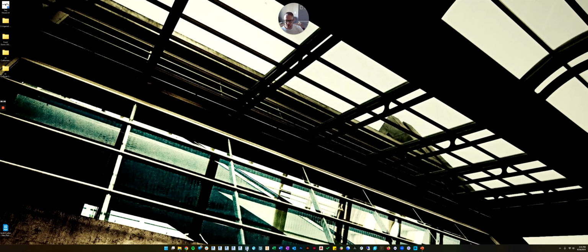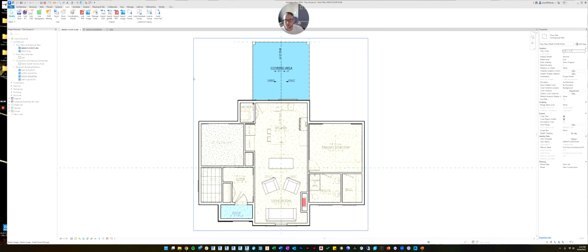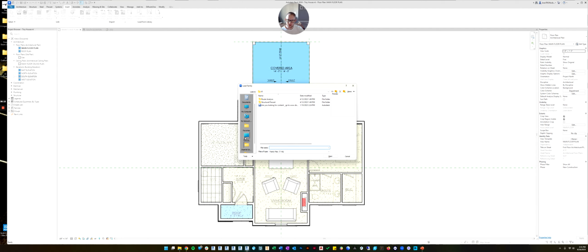Okay, once I extract them, I delete the zip files so that I don't get them confused. And now we can go back into Revit. And we go to the load family command. So instead of load Autodesk family, we'll pick the load command. And now I'm just going to go to my desktop and I'm going to bring in,